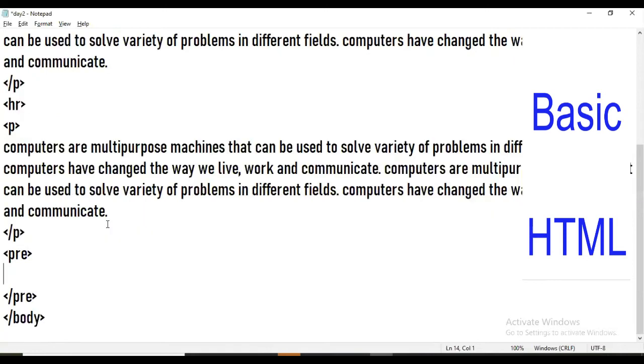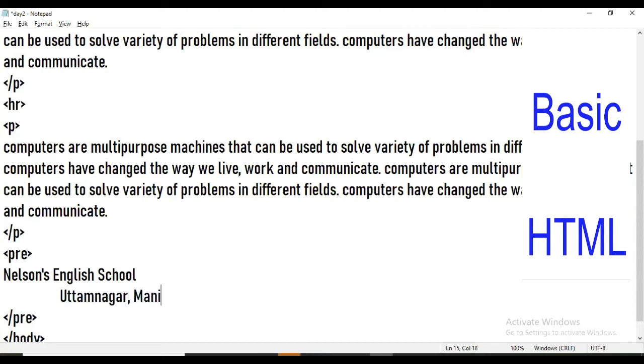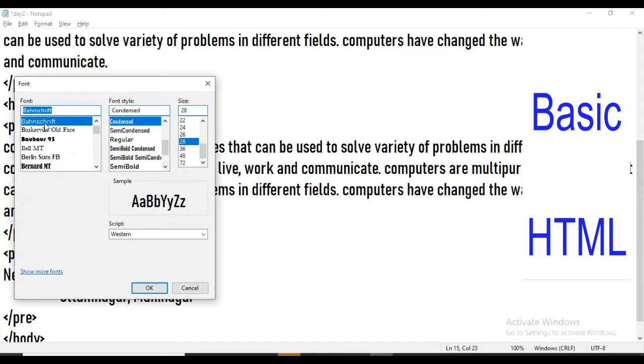Now I am typing here something, Nelson's English School. I am leaving one space here. I am giving one tab, Uttam Nagar. Okay. Now you can see that font here.